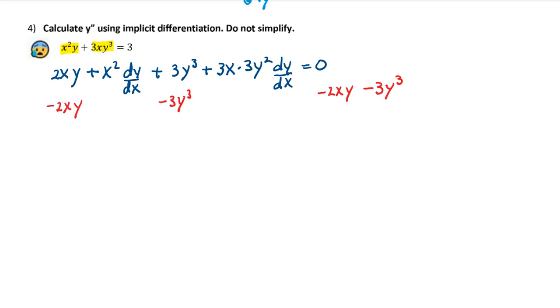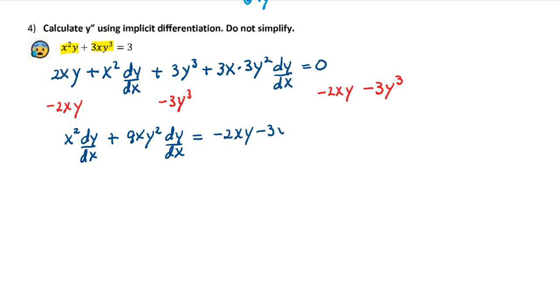So on the left side, I have x squared times dy dx left. Going further down the line, I've got 3x times 3y squared, so that's going to be 9xy squared times dy over dx. And that's going to equal negative 2xy